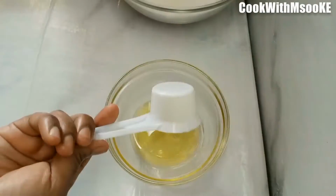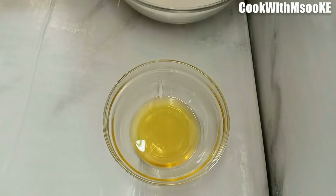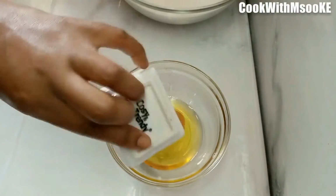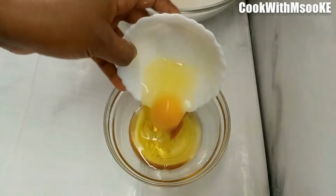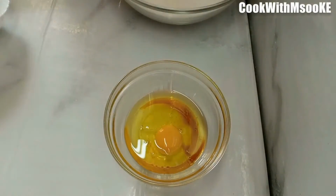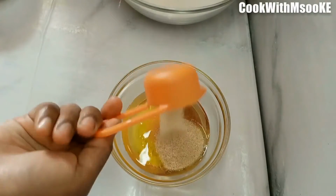Take a small bowl, add oil, then add vanilla essence. Next, add 1 egg, and then add sugar,